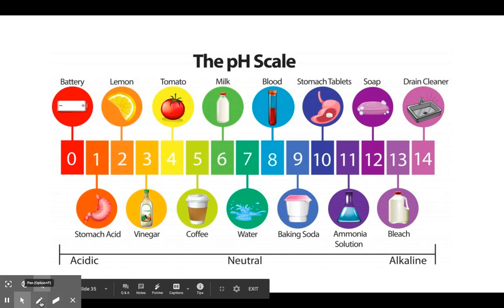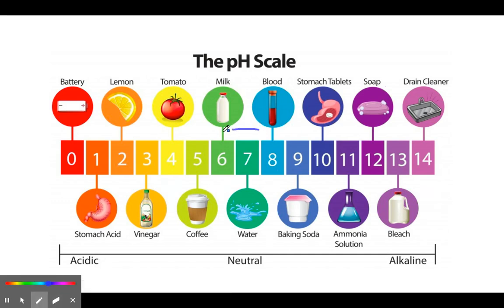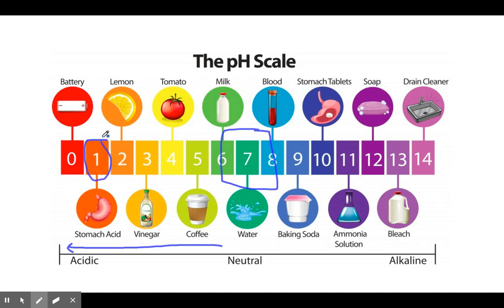All right, so anything at 7 and around here is said to be pretty neutral. Water, milk, blood, for the most part, okay? Anything less than 7 is said to be acidic. So some things that are acidic are like coffee, vinegar, your stomach acid, which is very, very highly acidic, lemons,